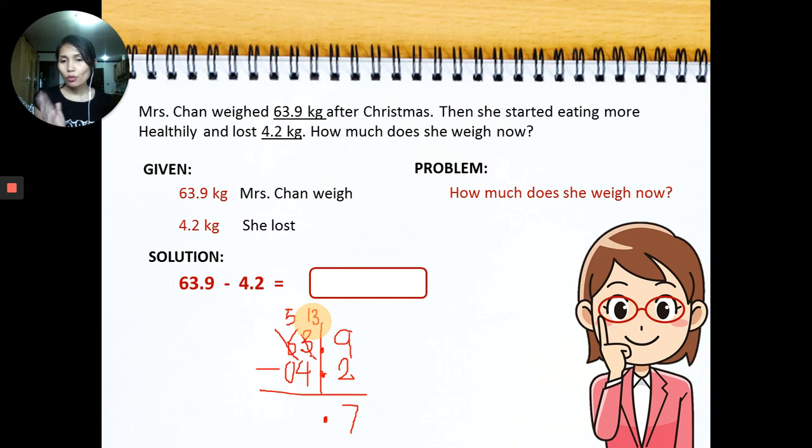So 13. 13 minus 4 is 9. Okay, so 5 minus 0, since we wrote down 0 there, it's 5. Or if we didn't write 0 there, you just simply bring down 5. So the answer is